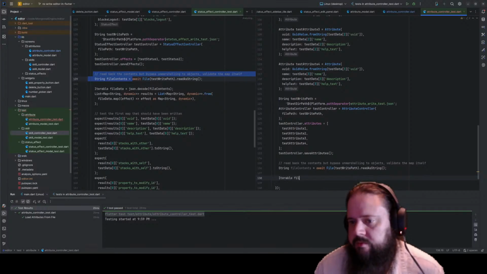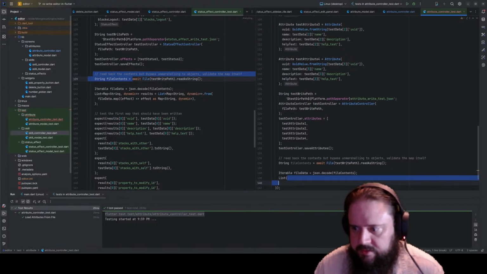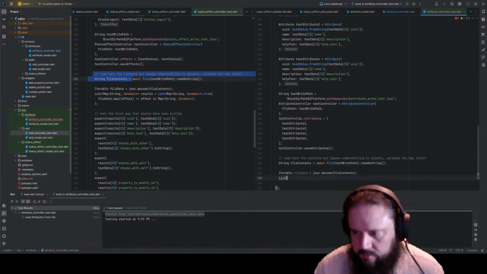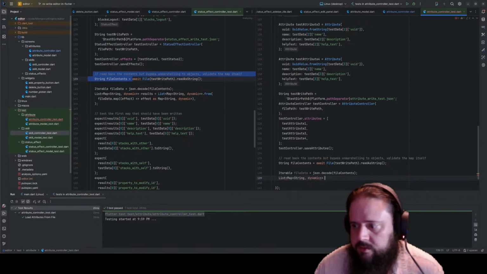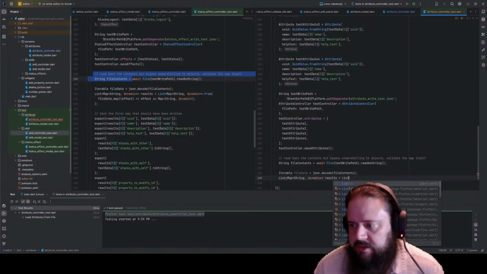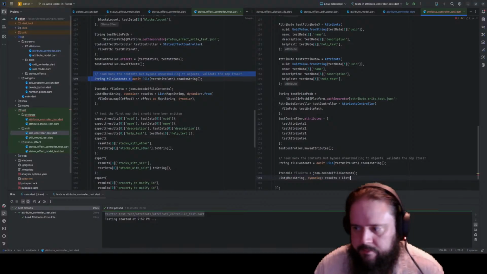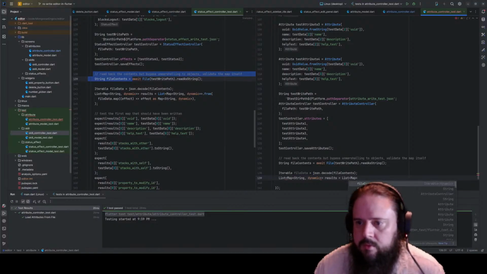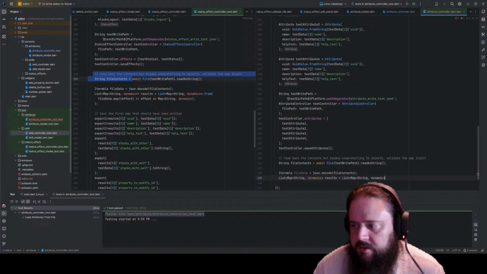Iterable file data is JSON decode the content string, list, map, string, dynamic, because it's JSON. Results is list, string, or map, string, dynamic,